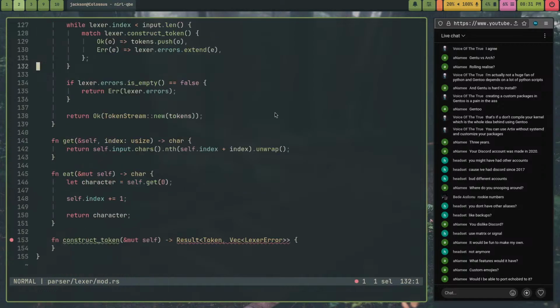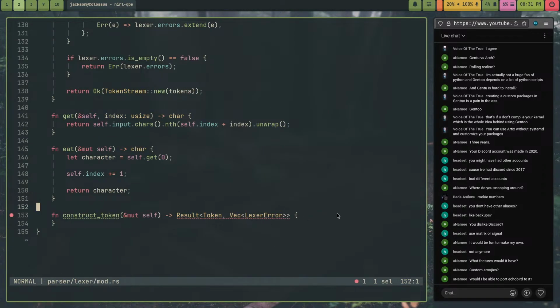Okay, that works. Construct token. Okay, so